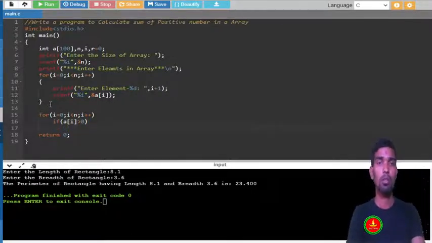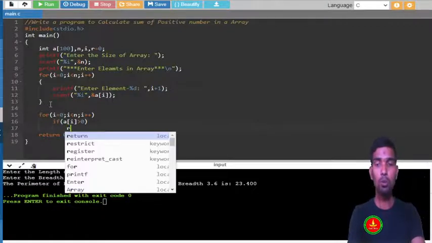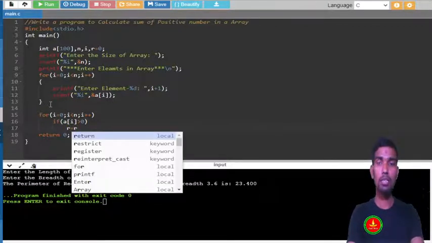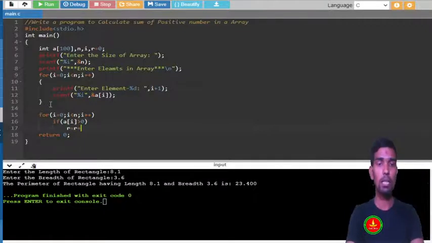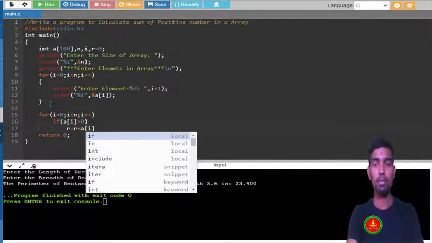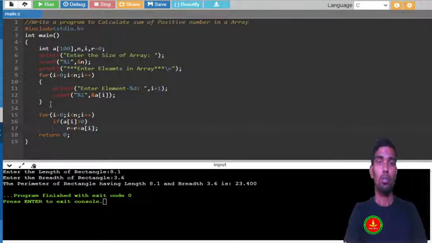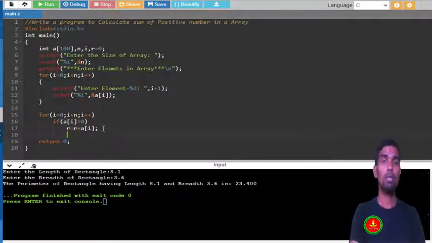if it is greater than 0, what we have to do? We have to do r value equal to r plus existing value of r, what the sum earlier is, and array of i. Okay. So r value is initially 0, and if the first element is greater than 0, it will be 0 plus that value. Like if that is 2, so 0 plus 2 is 2. And again if the next element is 4, so this is 2 plus 4 is 6. Like that we can do from here. So our calculation is also done and our result is stored in r.